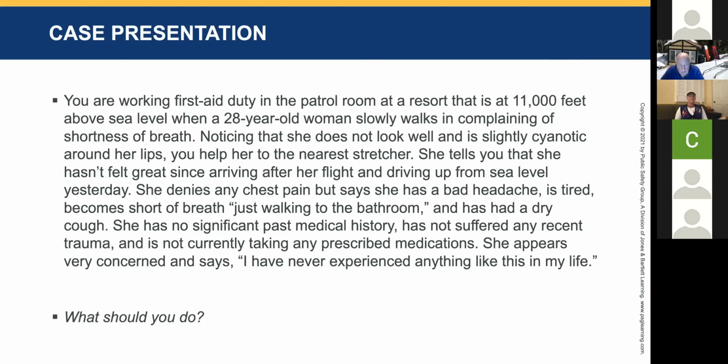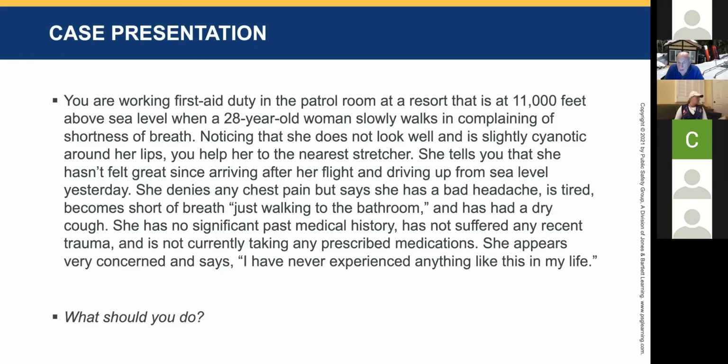Martha, the trigger to me was the dry cough. If she just came into the first aid room, didn't feel real well, a little nauseous, I put her on oxygen, her vitals came up, everything was good, she felt good, I don't know that I would call for an ambulance. But with the dry cough, my concern would be the pulmonary edema. And that's why that was the trigger to me. Would you agree with that, or am I out of line?